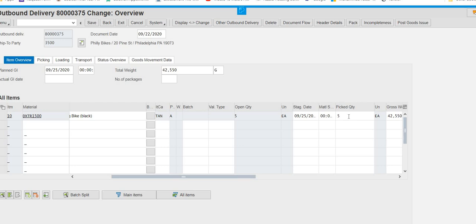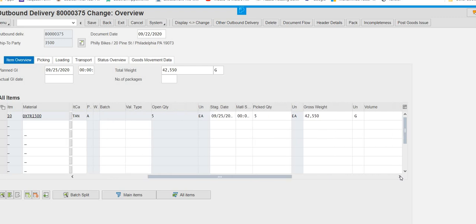If you are going to do some partial delivery, then you will put maybe 1, 2, 3, 4, any number less than 5. So that is the difference. If you are doing partial delivery, there is an option for it. But right now we are not going into that detail. We are going to do things as straight as possible so that you can be familiar with this process one time. Then whenever you have time, you can experiment. Okay. So in the picked quantity we entered 5 and we have to enter the storage location. So where is the storage location?